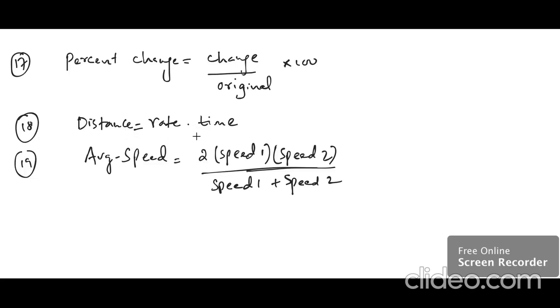Now this is very simple. Distance equals rate times time, and the final one is average speed. How are you going to work it out with the average speed? Given the two speeds, you just have to note down this one: 2 times speed 1 times speed 2, divided by speed 1 plus speed 2. So that's it, students. If you know these 19 formulas,